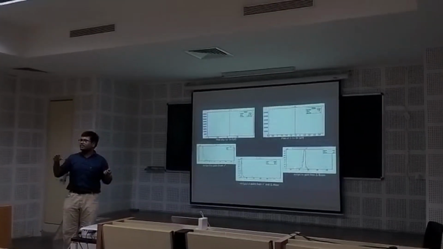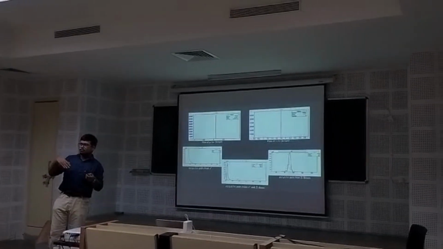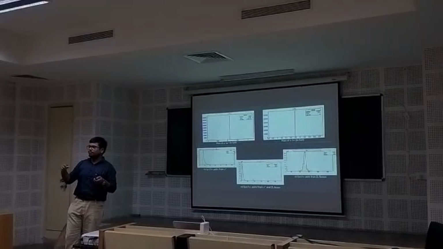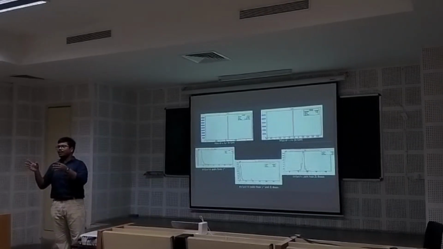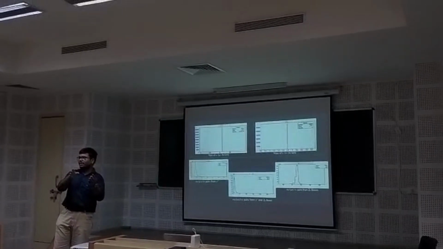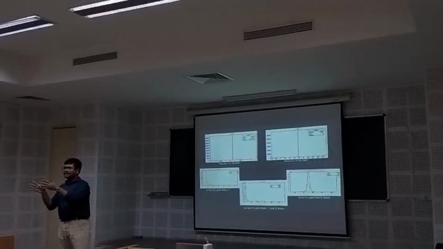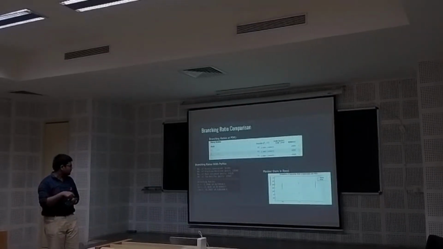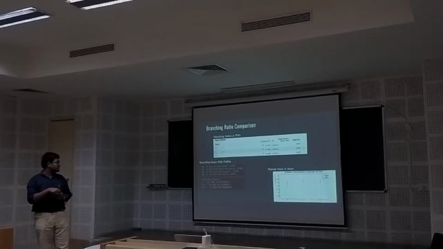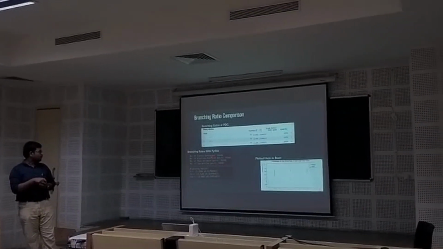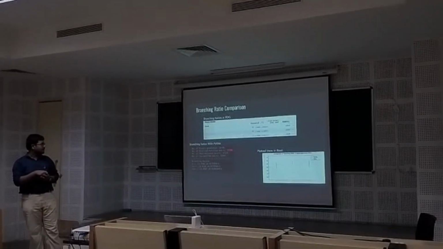Later I have coded one more code that will calculate how many of the Z bosons are decaying and how many of the Z bosons go to electron-positron pairs, muon-antimuon pairs, and tau anti-tau pairs. Then from there I have calculated their branching ratio. What is the branching ratio? Branching ratio is the number of lepton pairs created